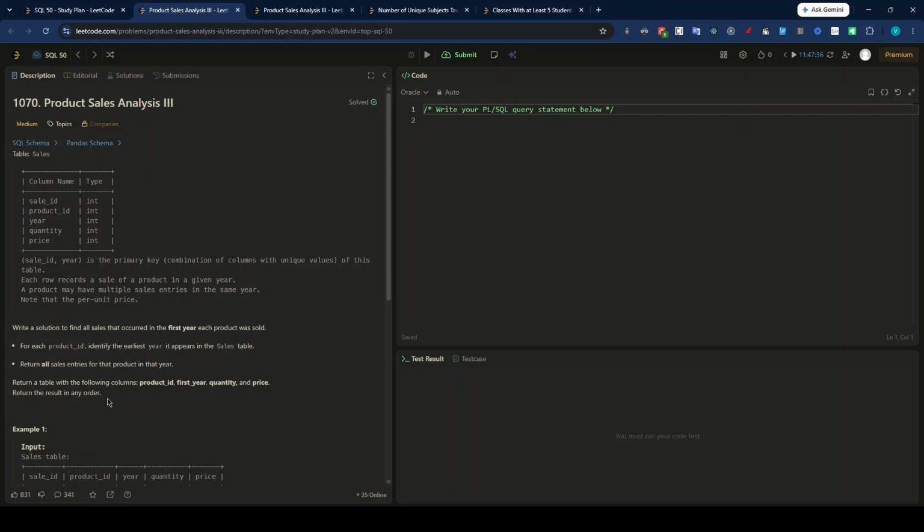If we go through the table description, we have been given a sales table, which has 5 fields: sale ID, product ID, year, quantity, and price. All are of int type. This sales table is kind of a fact table, guys, because for a business or a company,